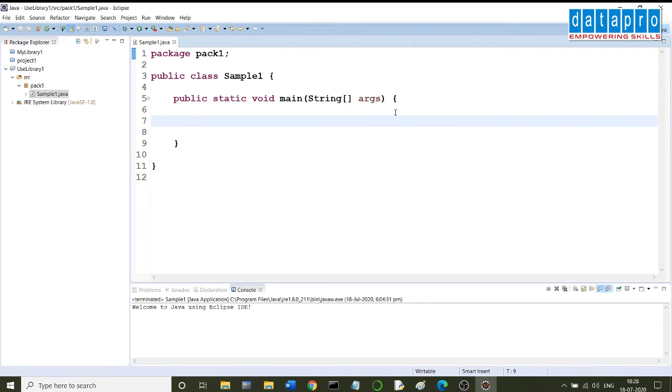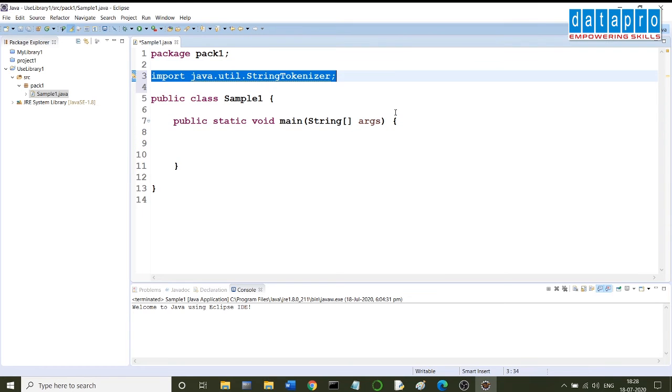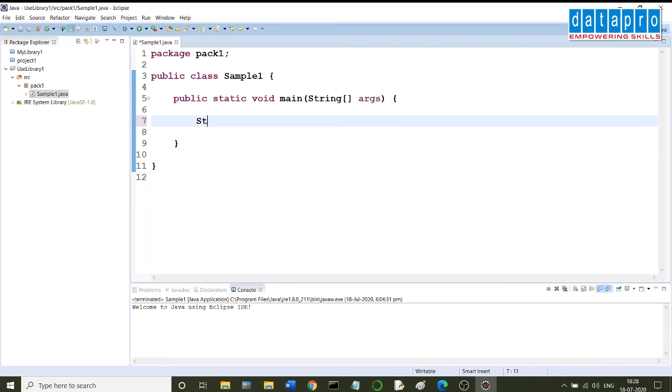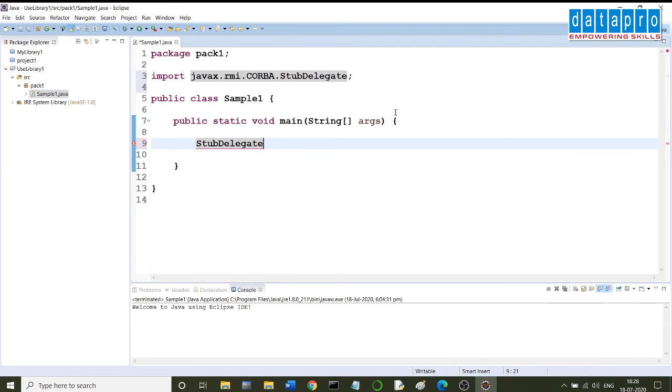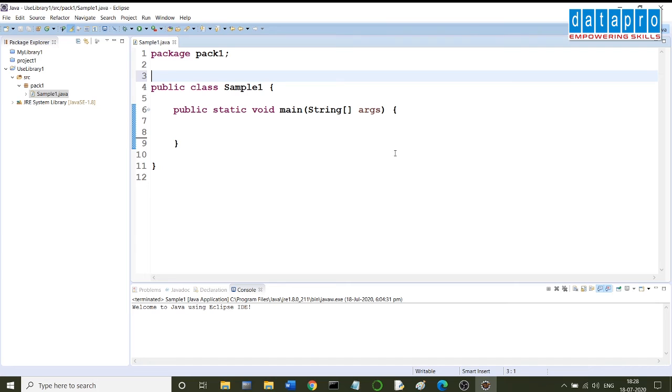Now you want to use the student class, the Data Pro package. So you start typing, say StringTokenizer. If you press control and space, it gets imported. You know that. Similarly, you type student and say control space. We don't get the student class. We are getting some other class. Right. We want the student class to be imported. But there is no link between this project and the project where we have the student class. So we have to add that jar file into our project. How do we do that?